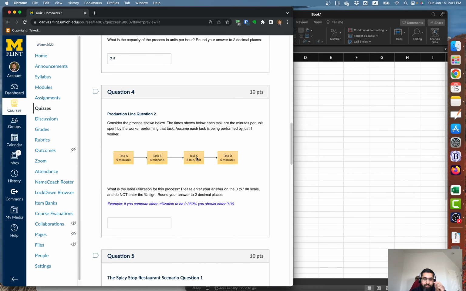At every 8 minutes, because the bottleneck paces the process. So every 8 minutes, task C finishes the customer and starts on the next customer right away. All the other tasks, which have a cycle time less than the bottleneck, less than 8, will have some idle time. So task B will spend only 4 minutes per customer, but then it will have some idle time because it will keep running out of customers because task C is slower than task B. So it will have idle time because